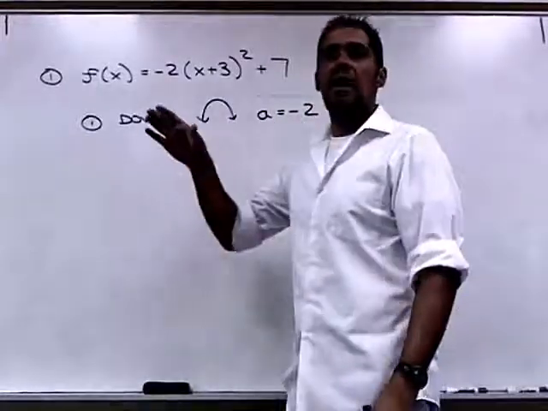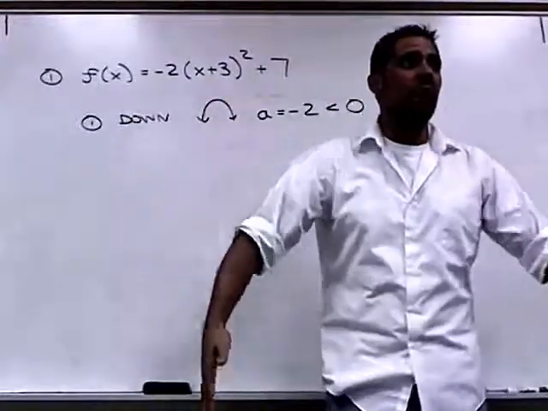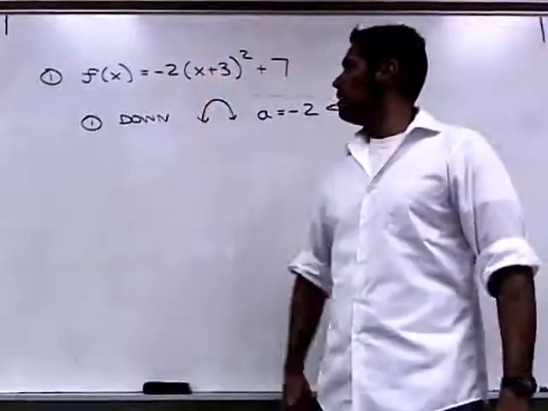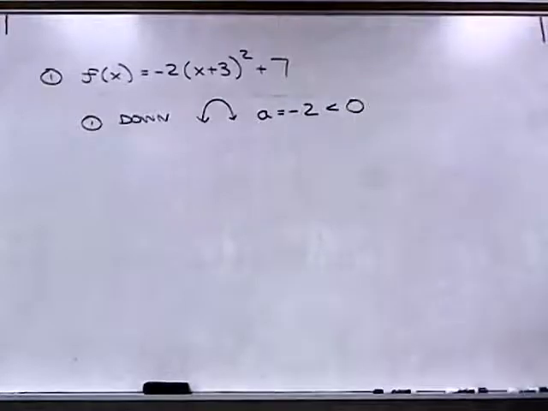So the way we identify, this is a quadratic. Quadratics are parabolas, right? It's this or this. That's it. So it's going to open down, so we know that. Second step,